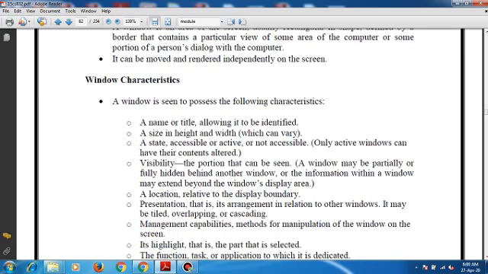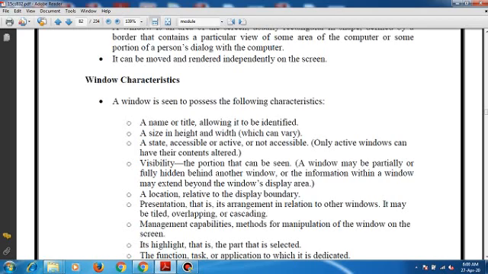The first one, a name or a title, so that we can identify it. The second one is a size, that is height and width, which can vary. The third one, a state, that is accessible or active, or not accessible.